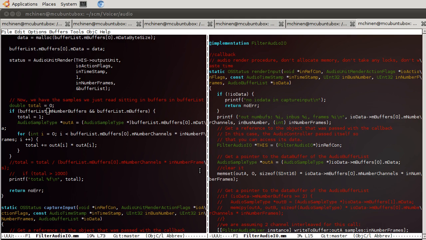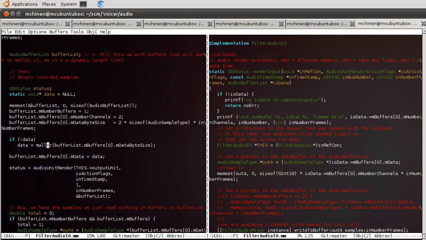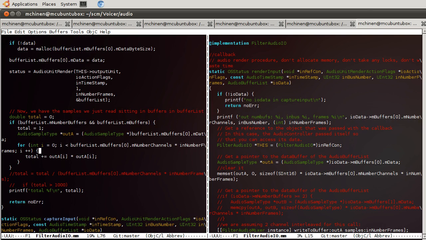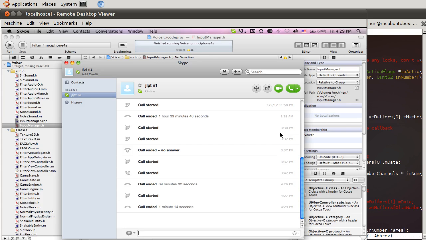when they say something, the iPhone will pick it up and maybe create a bunch of stuff on the screen corresponding to the type of text or the length of the speech, and then process it somehow. So that's the basic idea. So what am I going to do? All I have is this input callback right now, audio unit render, and it doesn't do so much, right? We're just summing up this. So what I need to do is